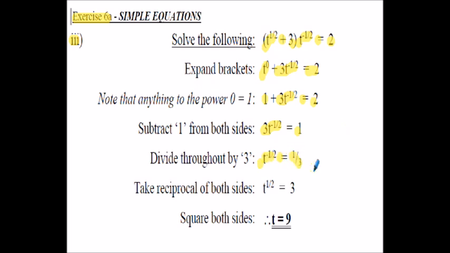third. Now don't forget the negative index means reciprocal, so I could actually turn the left hand and right hand side upside down, so I get t to the half on the left hand side, and if I turn the right hand side upside down I get 3 upon 1, or simply 3. Now don't forget the half is actually a square root here, so what I need to do now is square both sides to get rid of the half on the left hand side. So squaring the left hand side I will get t, and then squaring the right hand side, 3 squared is